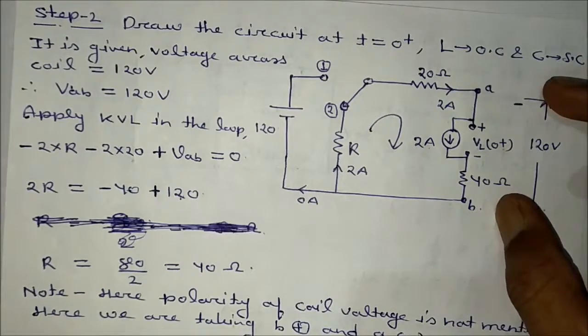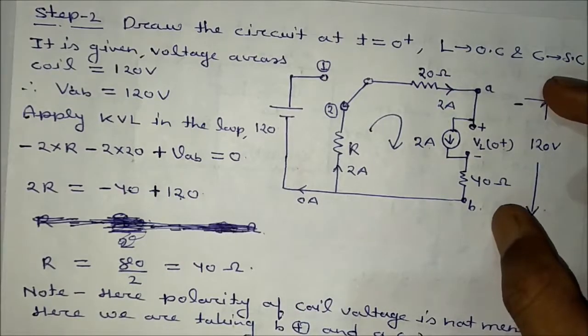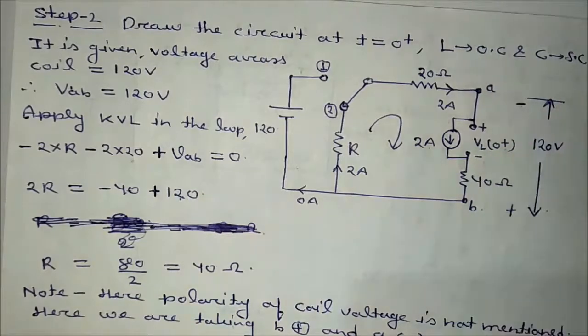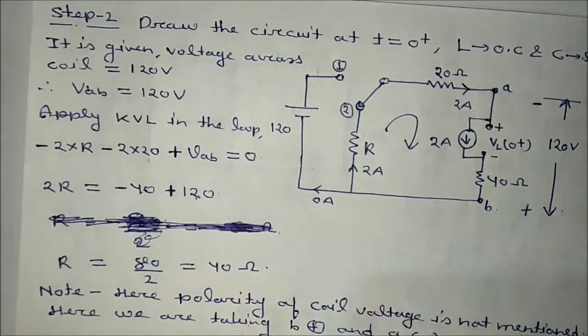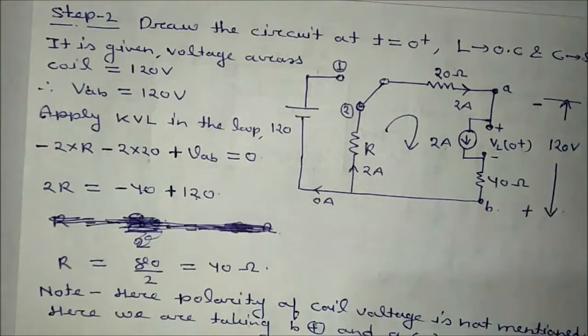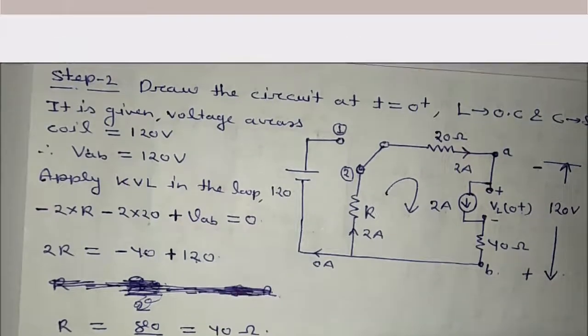That is equal to 120 volt. Polarity here is not mentioned. I am taking it positive and taking it negative value. Okay, so coil voltage under this condition at t is equal to, this condition has been mentioned to us. Okay, so